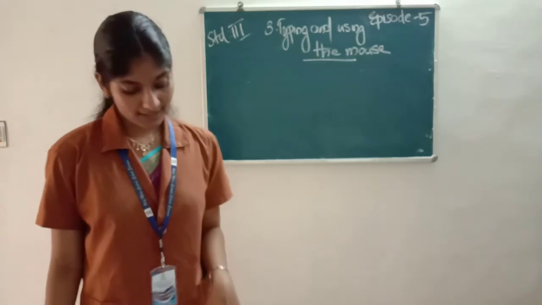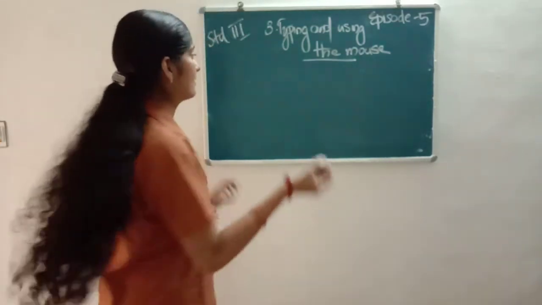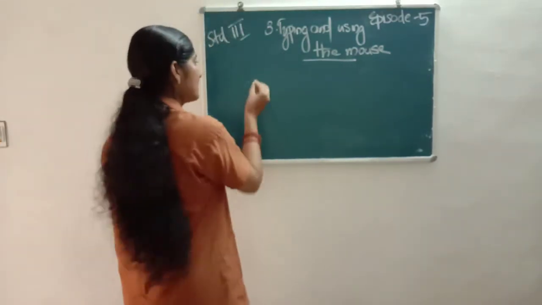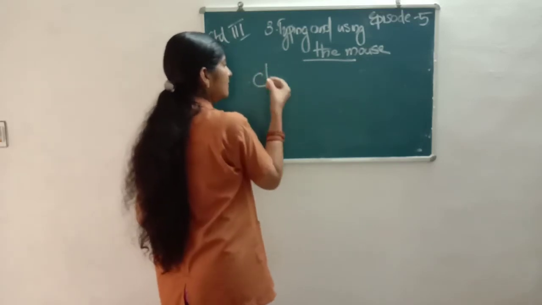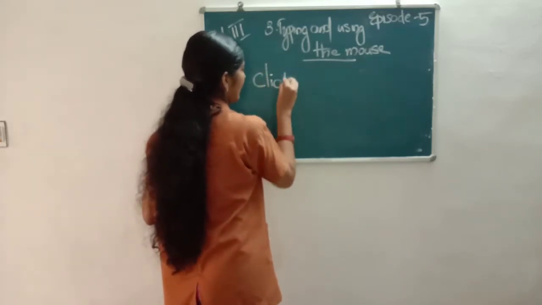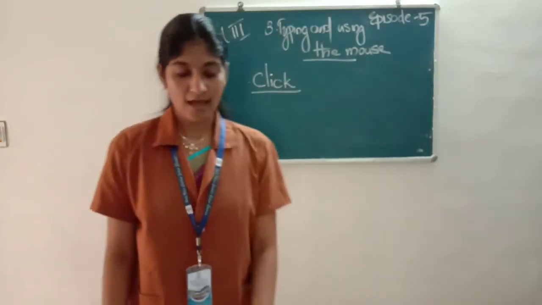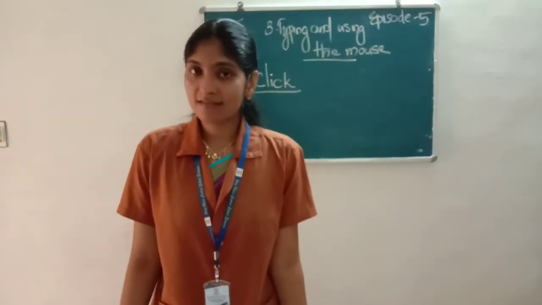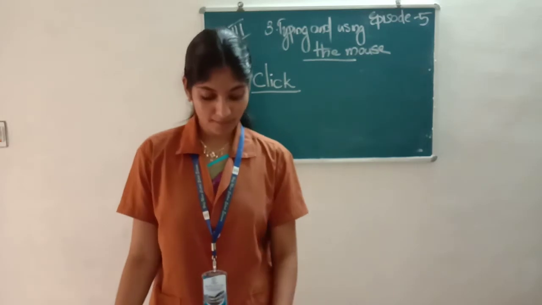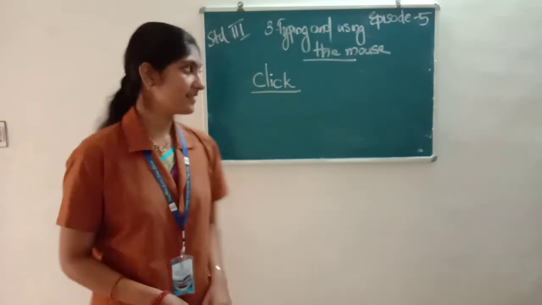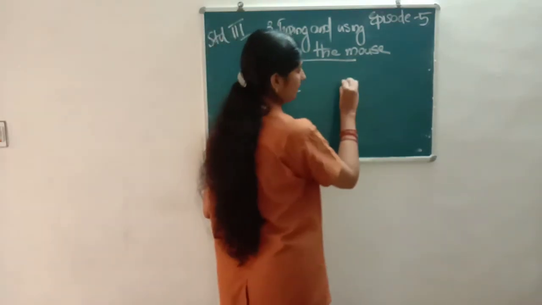Then the second type of action is click. What is the spelling of click? C-L-I-C-K. Click means press the mouse button and release it quickly. For example,